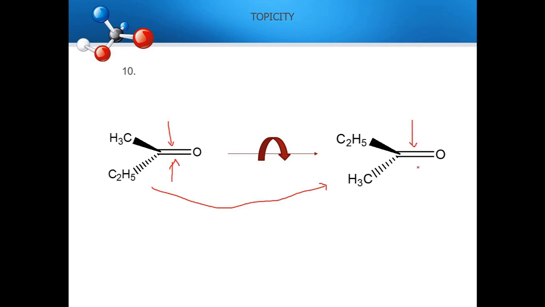So what is the face of this molecule? It is enantiotopic. So one needs to understand that when we try to identify the enantiotopic faces, we have to be a little bit careful. So when you have a carbonyl group to which two different groups are attached, then the face of that carbonyl group becomes enantiotopic.